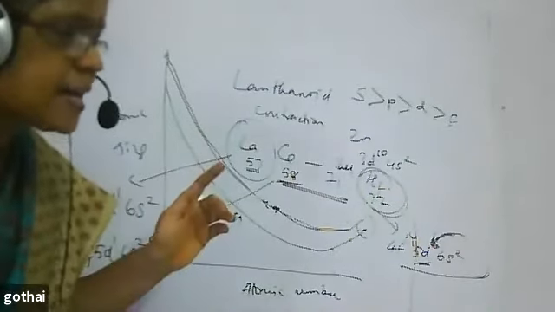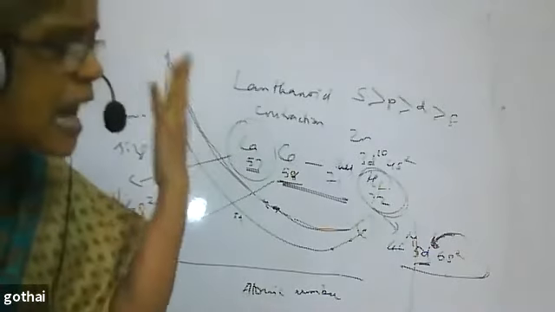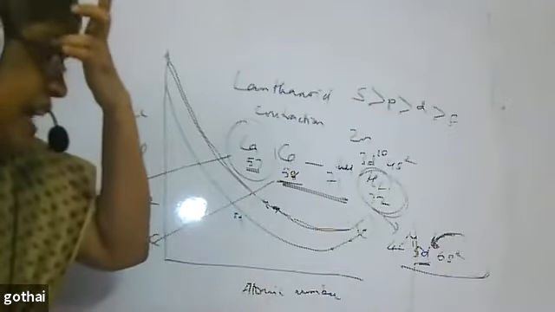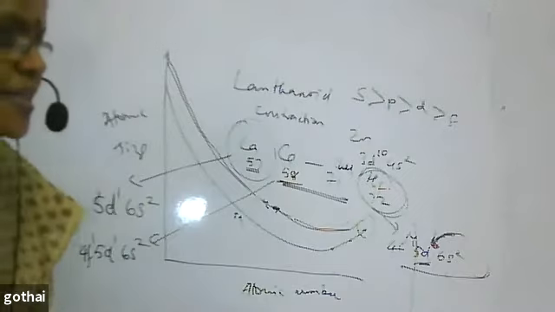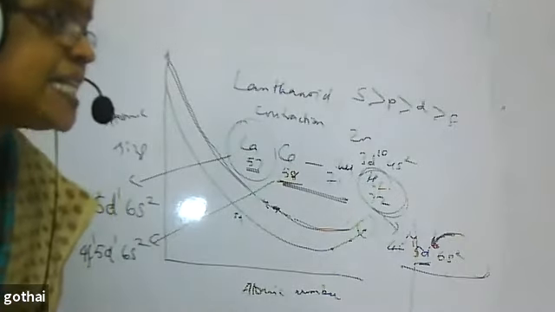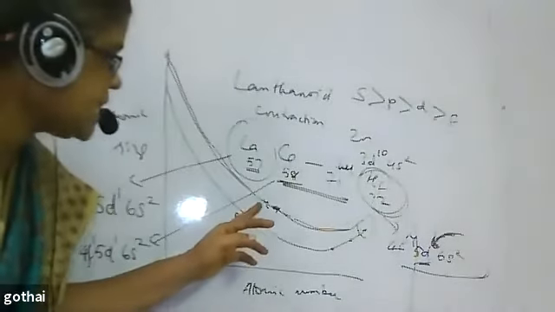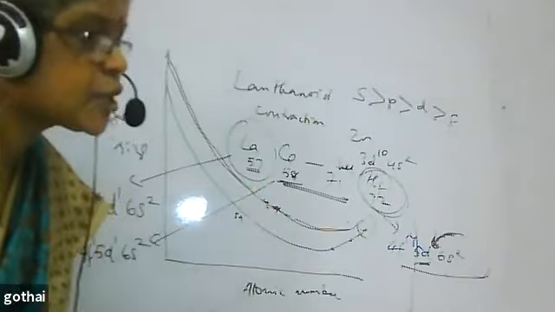You expect that when I move from 4d to 5d, there should be a large increase. Due to the effective nuclear charge, the electrons are held tightly, so what happens? This pulls the other side, therefore we find out that there is a decrease in the atomic size. So I can say that the atomic size of the 5d series is almost the same as that of the 4d series.